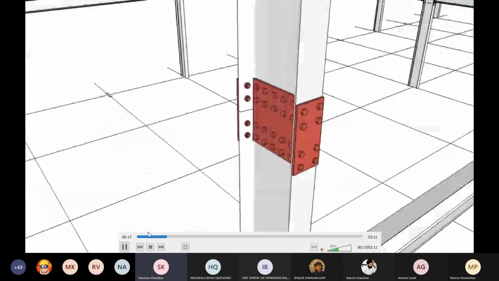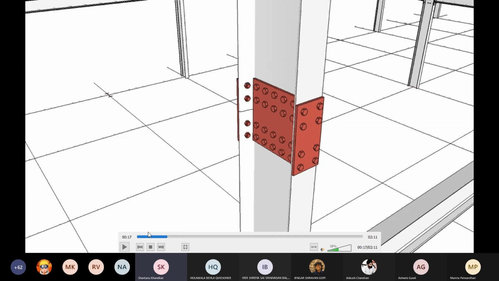So I'll just come to the very basic column to column connection. Now, as far as steel connections go, they are in a way very similar to timber connections, but also in a way very different from timber connections. Now, what would you do in a timber situation? You would actually cut the two parts in a particular way. You would create some kind of joinery between them, and then you would join them together. Now, that is not what we do in the situation of steel.